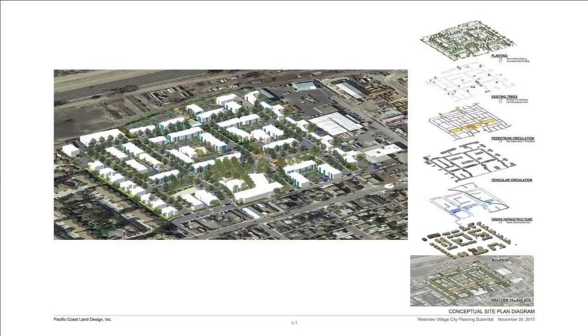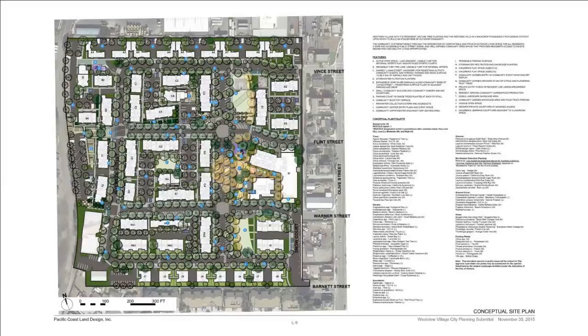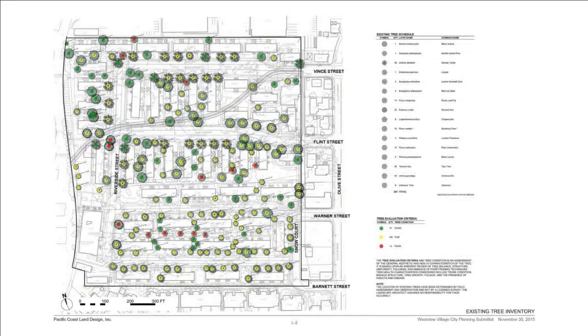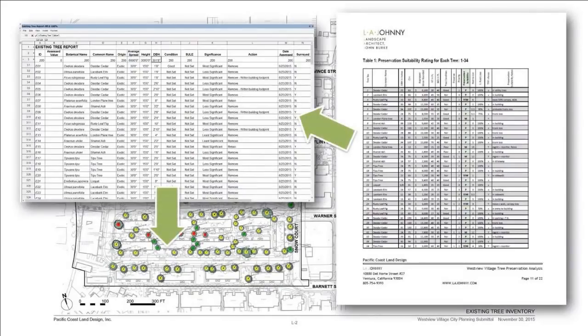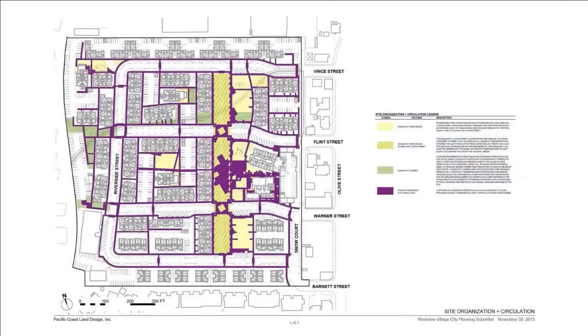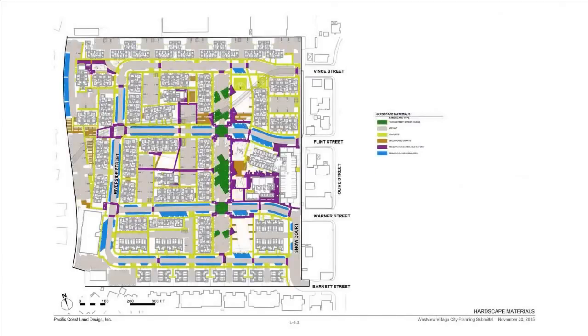So things from exploded axons, here's an illustrative site plan. Everything you see here are just different studies of the same model. We're not producing these in a separate program. Extensive data on existing trees, working with an arborist to coordinate those, and then deciding which ones to save, which ones to remove based on that information. Looking at circulation,